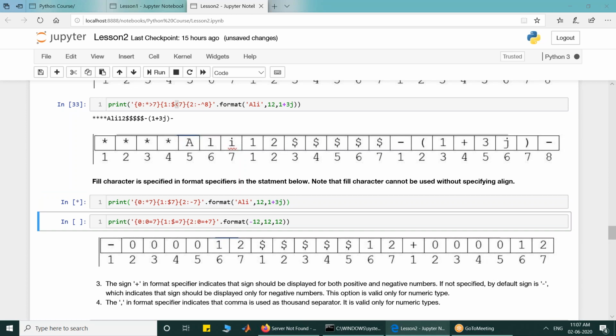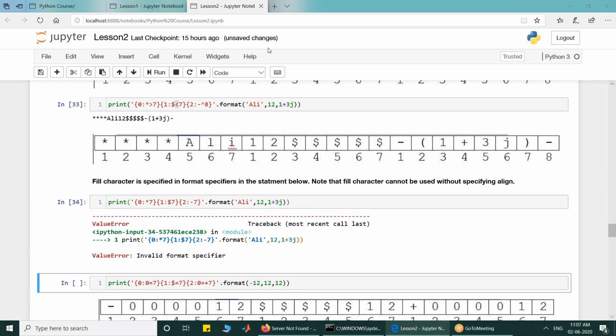This will lead to error because, if you have carefully examined, the syntax was align and within the brackets fill. So it says that fill can only come if align is present.